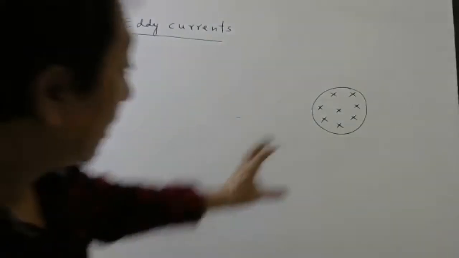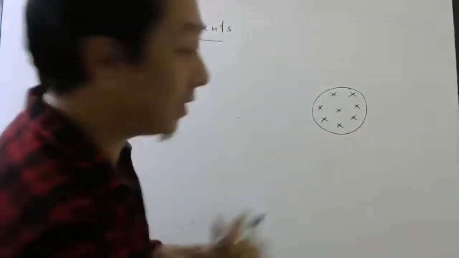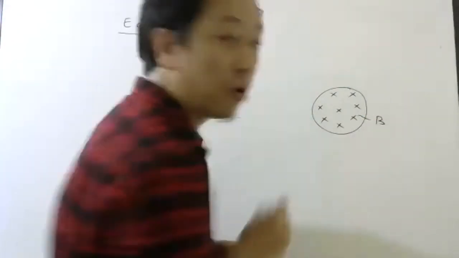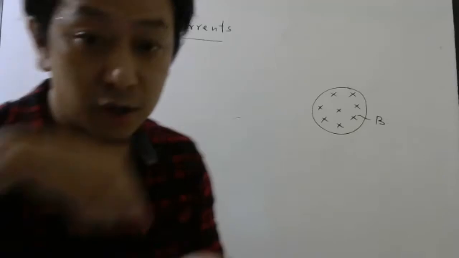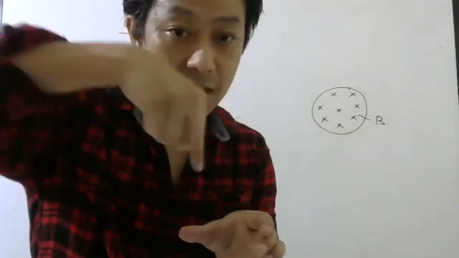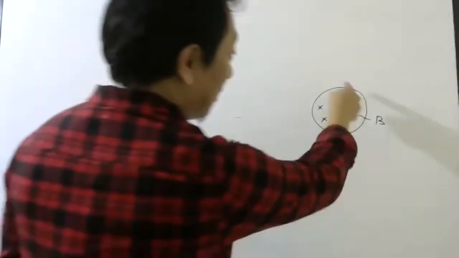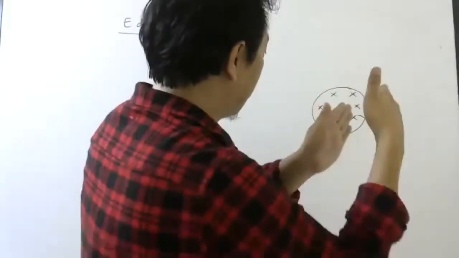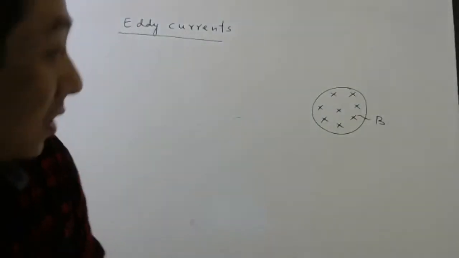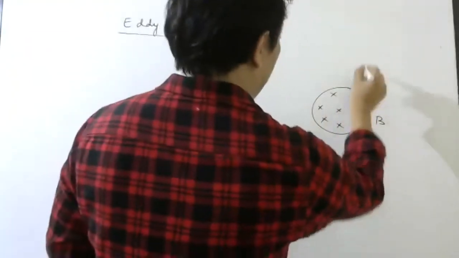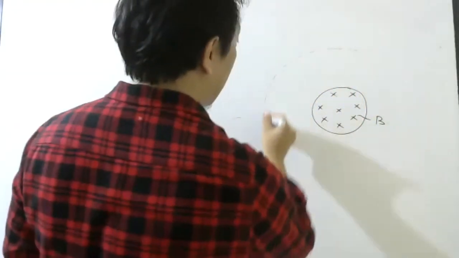Very important. In a certain region, if I have a magnetic field like this, how can I produce this? You can take a solenoid and pass current like this. So if you keep the solenoid vertically, the magnetic field will be like this, downwards. So in this region, imagine there is a magnetic field. Okay. Now, if I put some loop here,